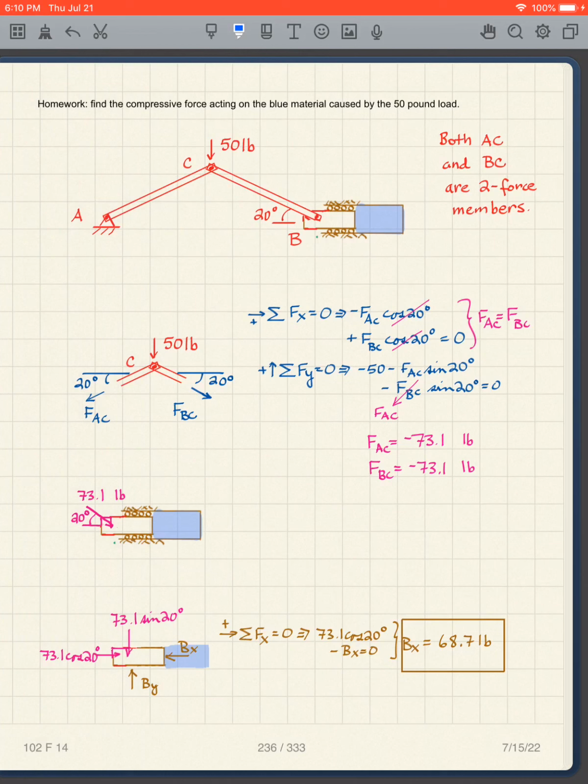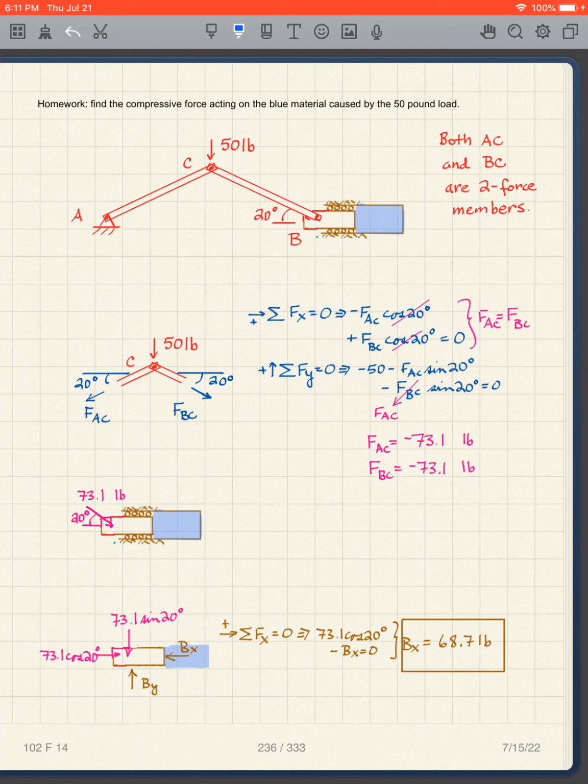So what do we have? We've got the two force members here, and I'm pushing downward with the 50 pounds, so this takes us back to our truss problems pretty much. So I can take a free body diagram at point C. I have my FAC, FBC here, and we've done this many, many times. So I'm not going to belabor this, but you take the sum of the forces in the x and y direction, and